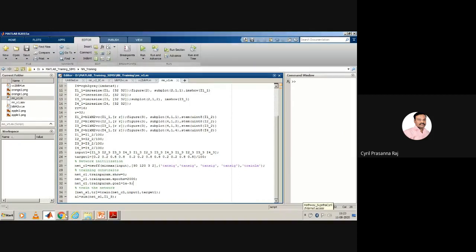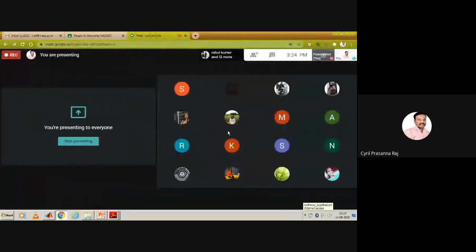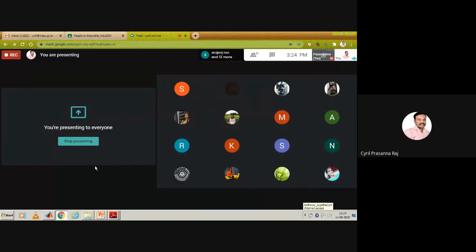I hope you understood the concepts here. If you have any doubt, let us discuss further. Now the task that will be given to you: I want you to download around 20-30 apple images and 20-30 orange images. Then convert them from RGB to gray, define the network size, set the training parameters, and see whether you can classify apple as apple and orange as orange. It is a small exercise so that you become familiar with the process of neural network classifiers.